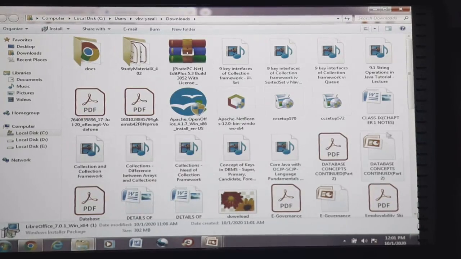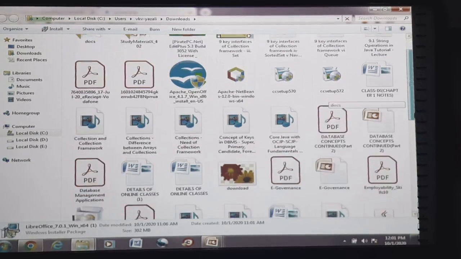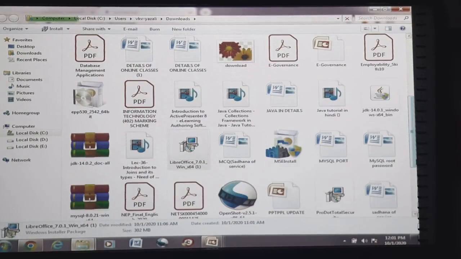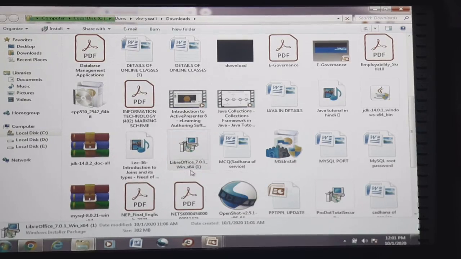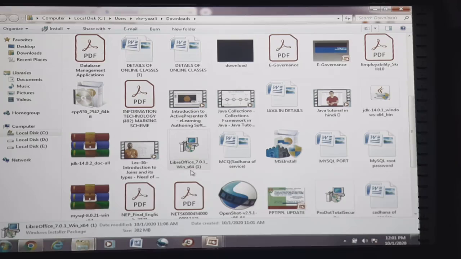See this one, LibreOffice 7.0.1 Windows underscore x64. This is the application file which we have already downloaded, and then double click it and go ahead with the next option. You will be able to install it.